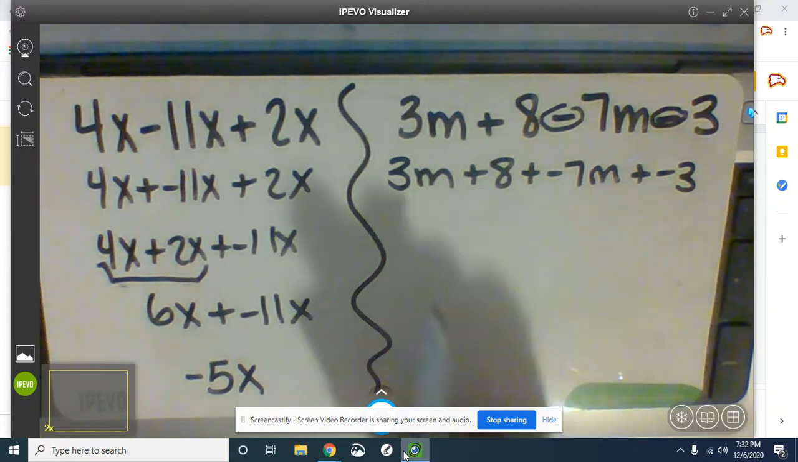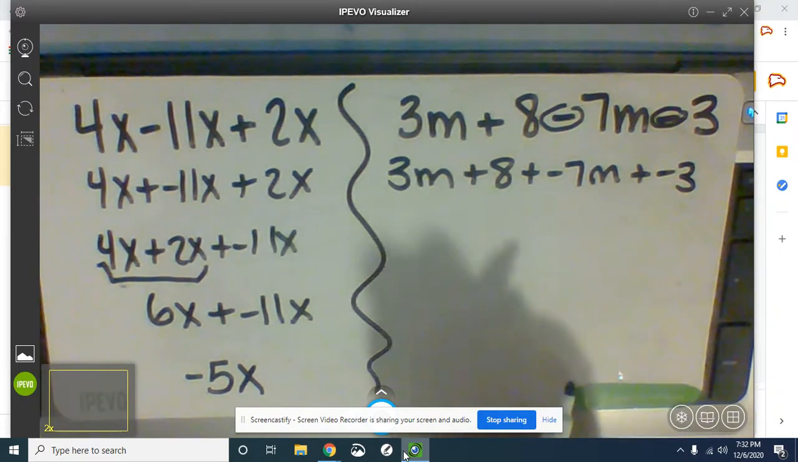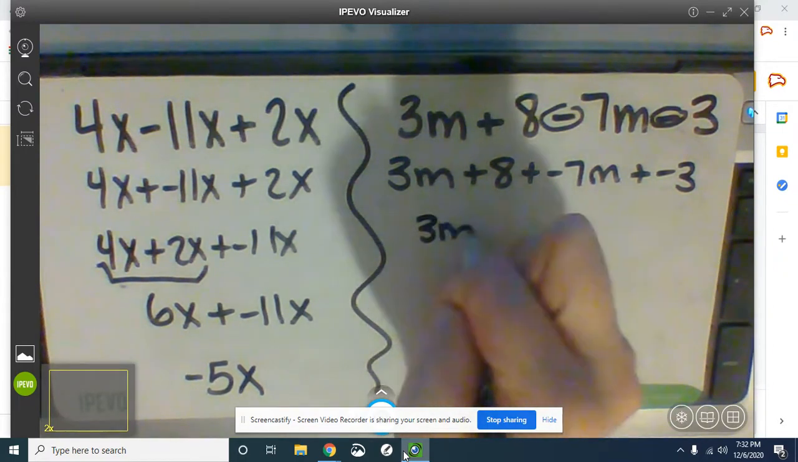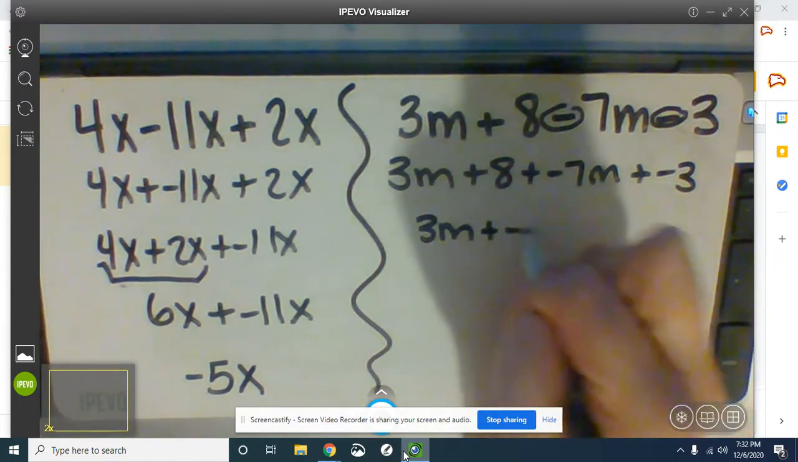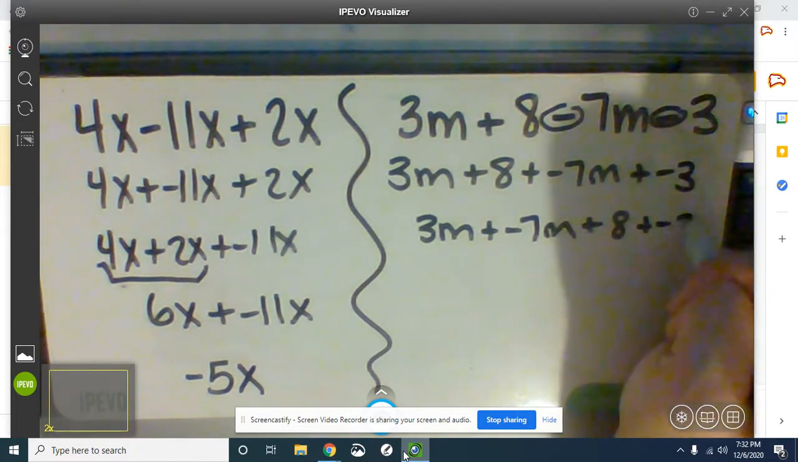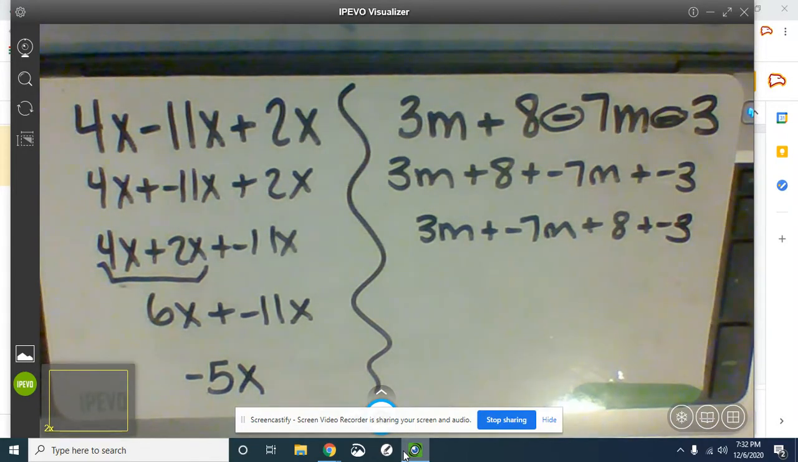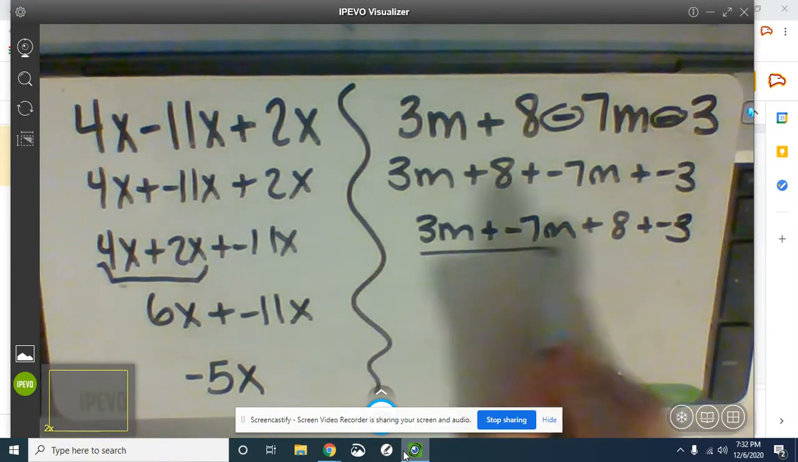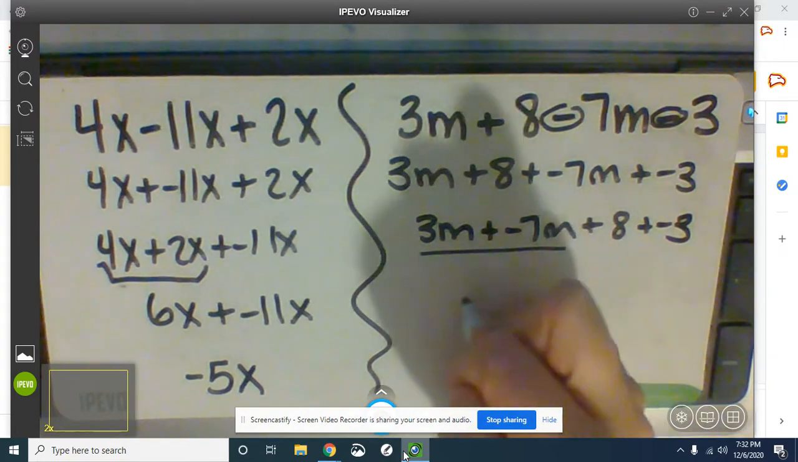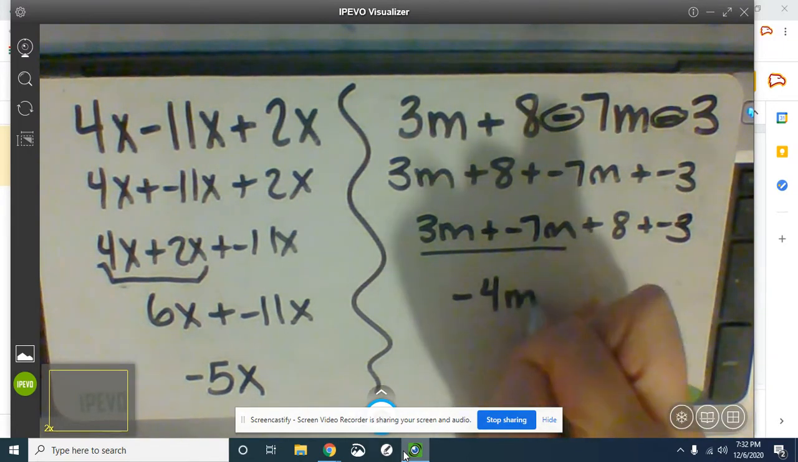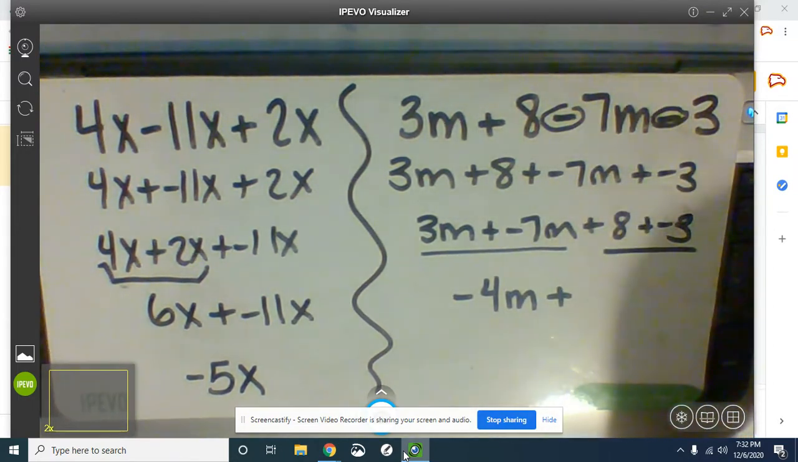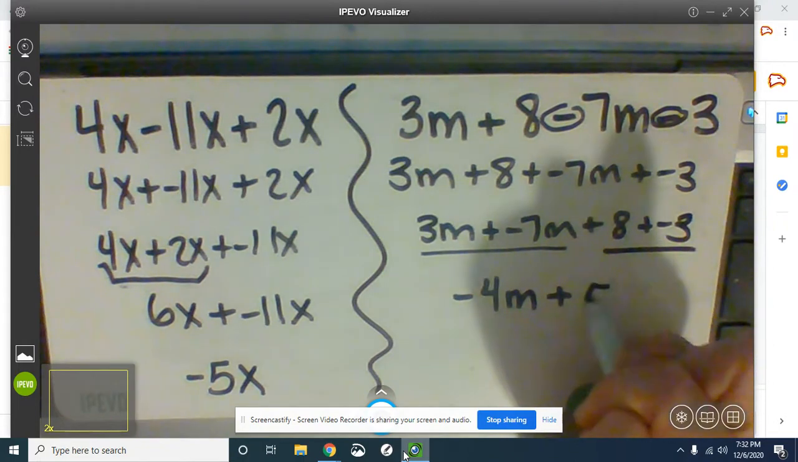Okay. Anyways, we want to rearrange them so the like terms are beside each other. And since it's all addition, we can rearrange them now. So 3m plus negative 7m plus 8 plus negative 3. Our like terms with the m's, we're going to add first. We have 3 plus negative 7, different signs, subtract, more negatives, so negative 4m, plus we have 8 plus negative 3. The signs are different, we'll subtract, and there are more